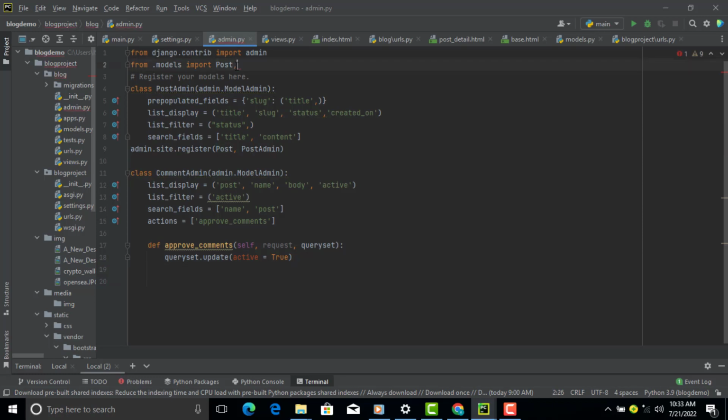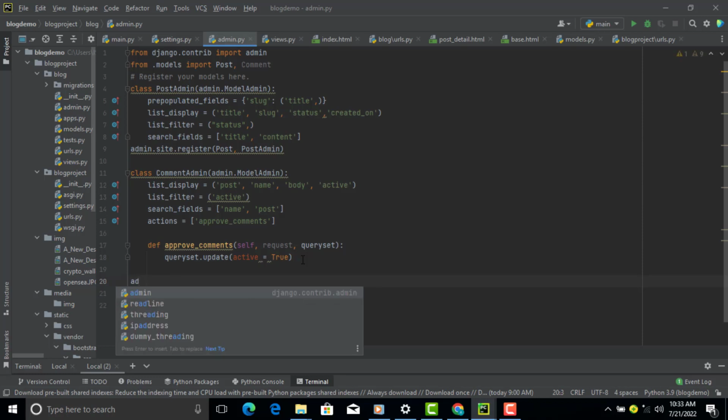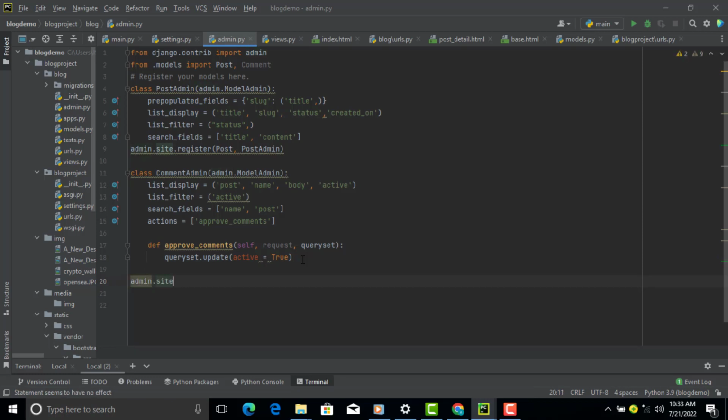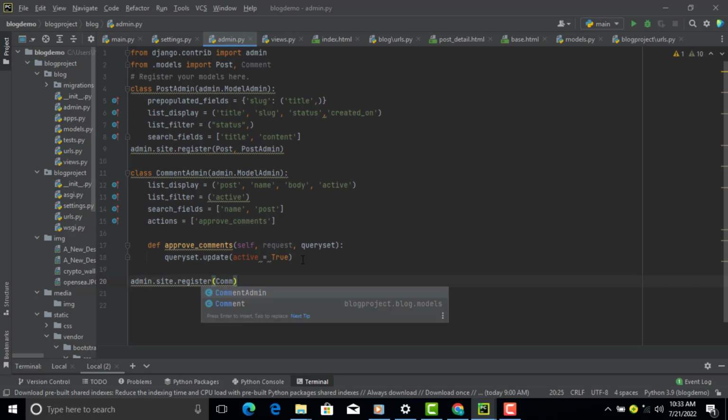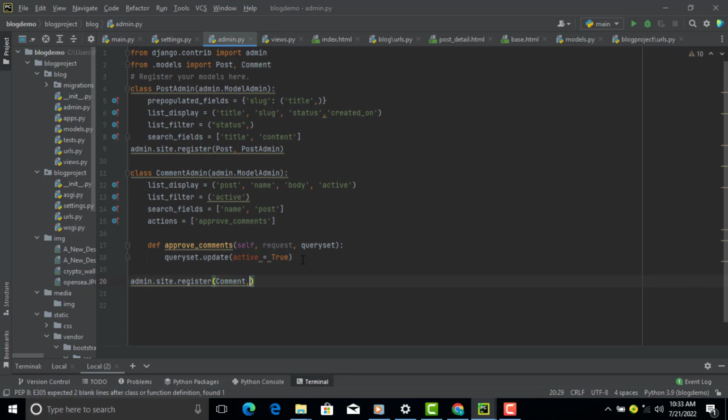So we specify comma right here and put a comment, exactly the same way we modeled it in our model.py. After that, we'll come right below here, then put admin.site.register. Then inside this, we are going to put our Comment class and our CommentAdmin class, like this. After registering these comments on this admin.py, we need to create a form that we'll use to